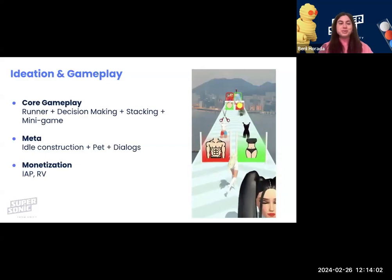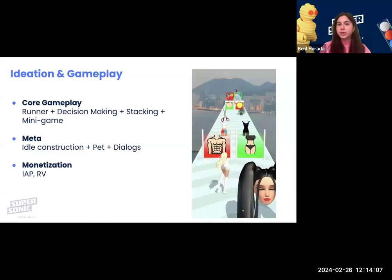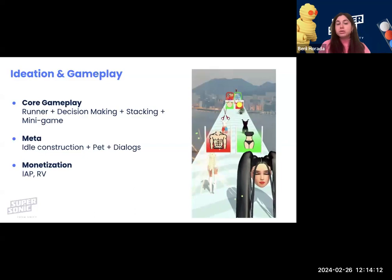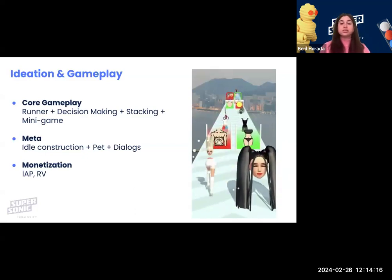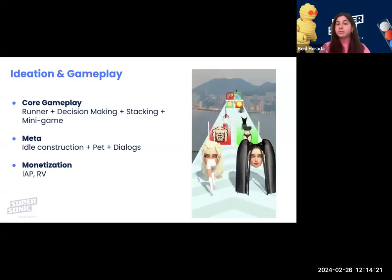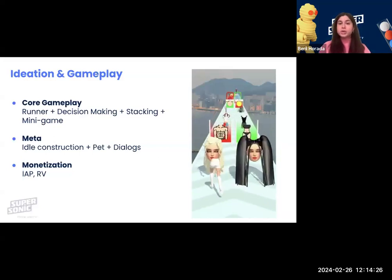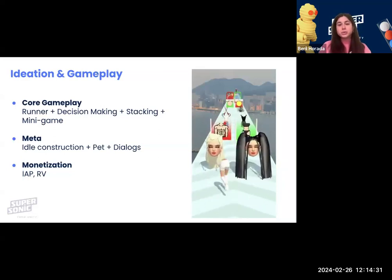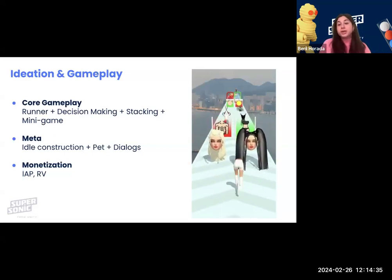Now we can dive deep into our iteration process, and how and why this game Build a Queen turned into a hit and stayed on the top charts for a while. First of all, we can start with the core gameplay, which plays a vital role in a game to be sticky and attractive. Like we mentioned earlier, runner is a wide genre that by picking the right concept, it's possible to target a wider audience, which definitely helps us while we scale the game. In our case, it was building a queen's body parts, and most importantly, absurd sizes, which really interested the players